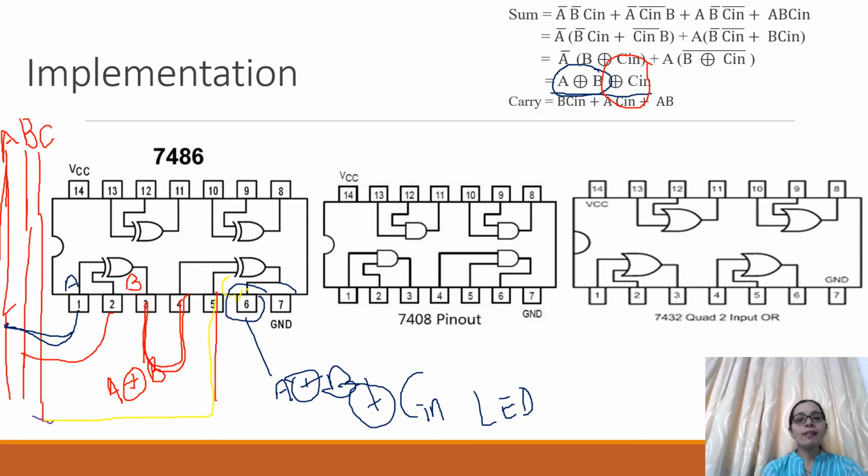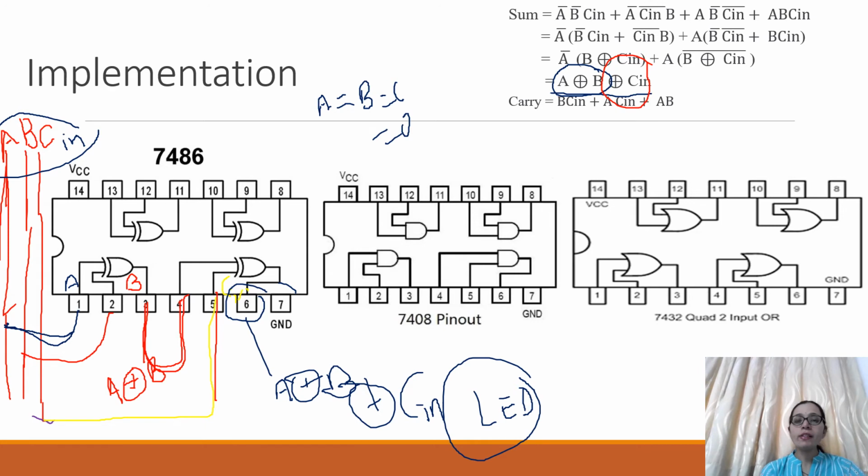To check this circuit, which table are we going to use? We are going to use the truth table of the full adder. We will have these three inputs A, B and C in, and we will give all 8 combinations, and then we will test at the sixth pin whether the LED is on or off. For example, whenever the values of A, B and C are all 0, then what is the sum?